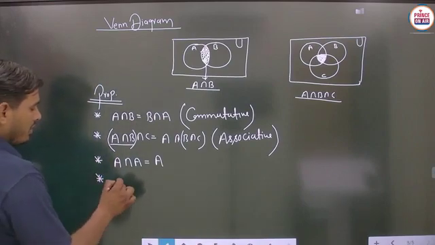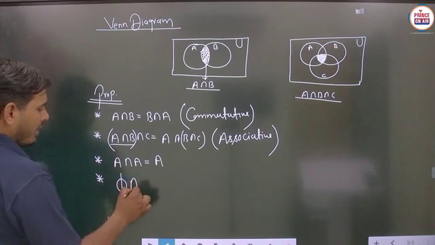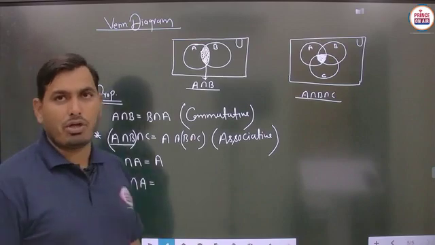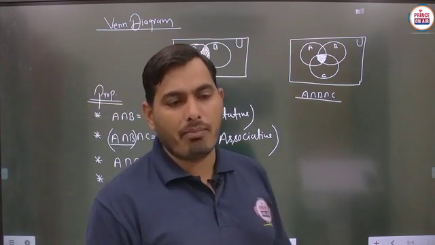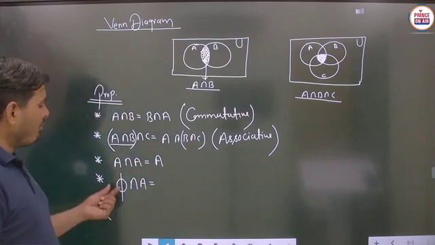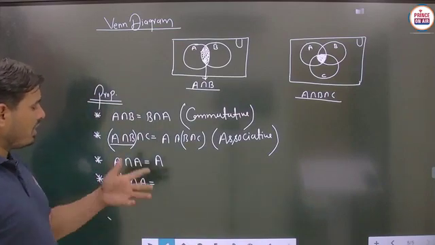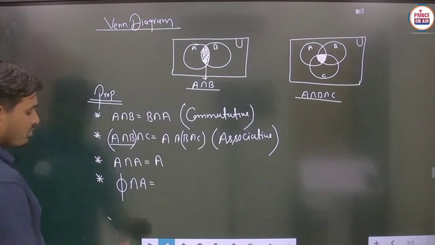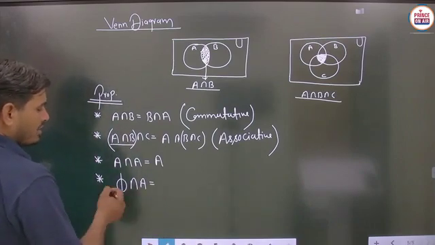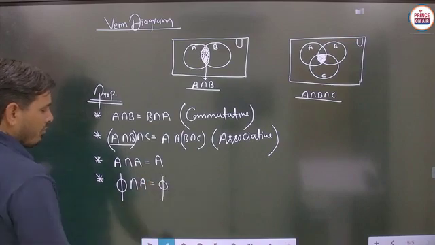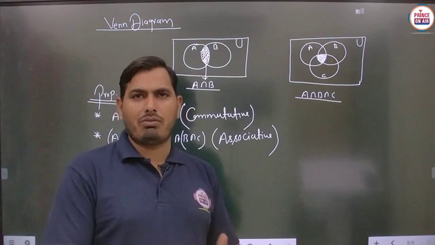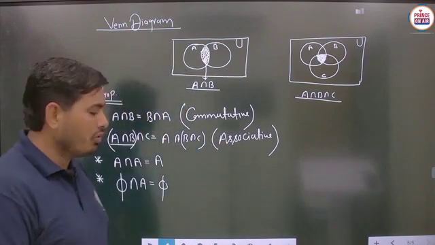Similarly we can say phi intersection A. Now the very important part student, phi is said to be the empty set. I think you know very well. So phi is known as the empty set. Then the empty set is intersected with the set A. Then what should be the answer? So definitely student, the answer of phi intersection A will be phi, because phi is the empty set and A is non-empty. Then intersection means there should be no element common to both sets.